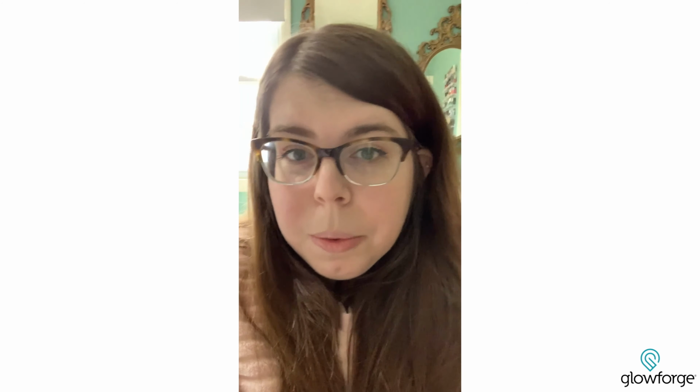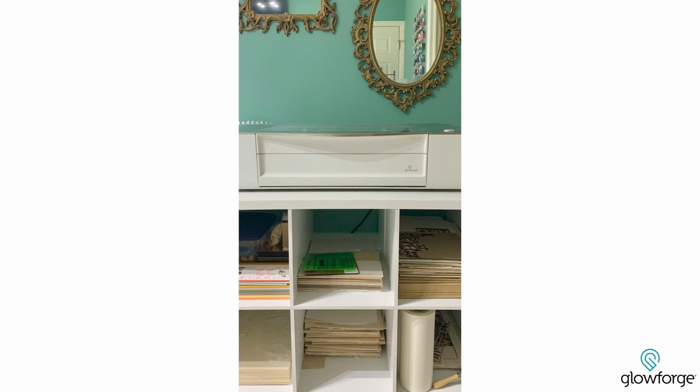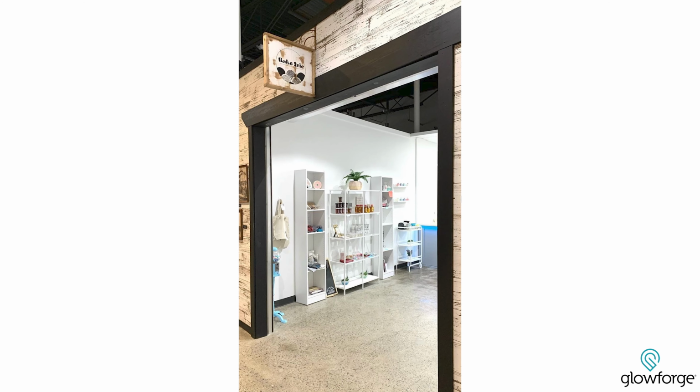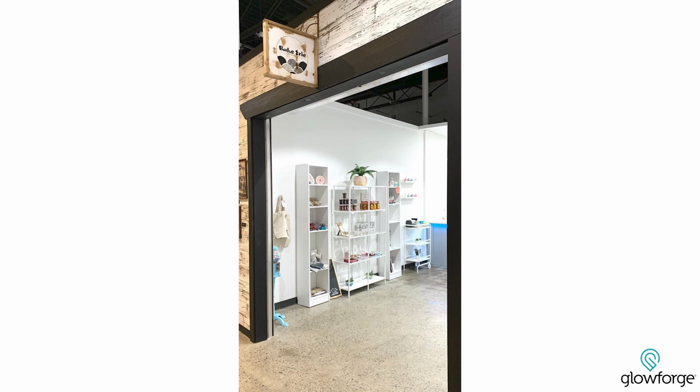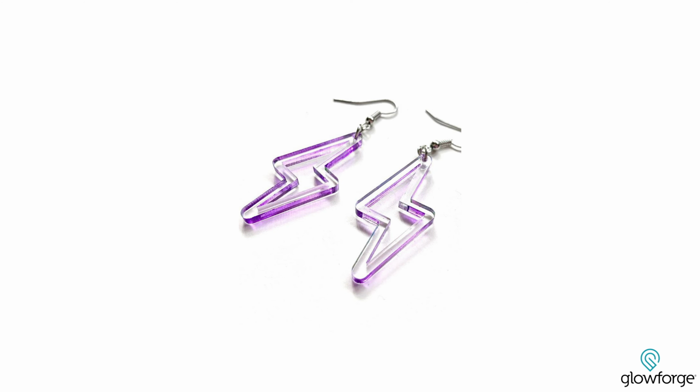I basically went from having an idea, ordering what I needed, maybe being able to work on it at the end of the week, maybe next week if my priorities hadn't changed, if that spark is still there, to now with the Glowforge, having an idea, making it, and having it on my store by the end of the night. That has just given me the creative freedom that I needed, and it's just been a super inspirational and fun